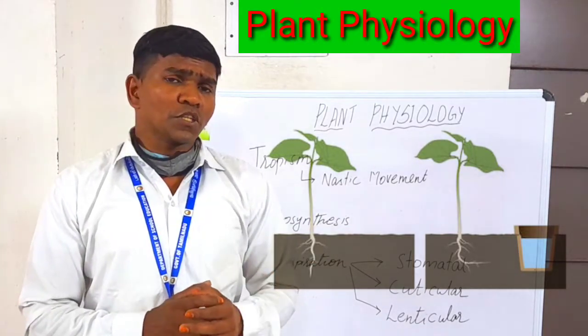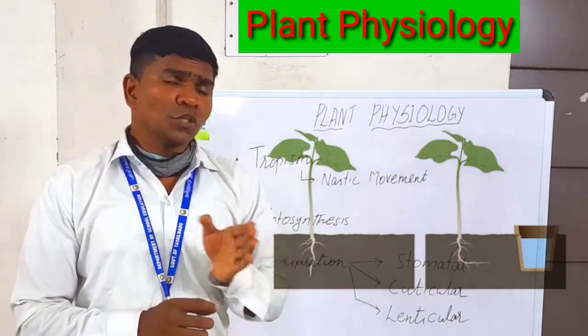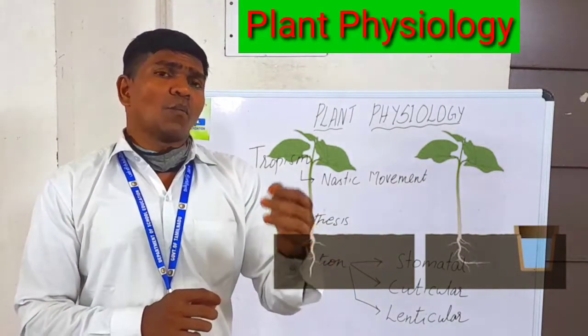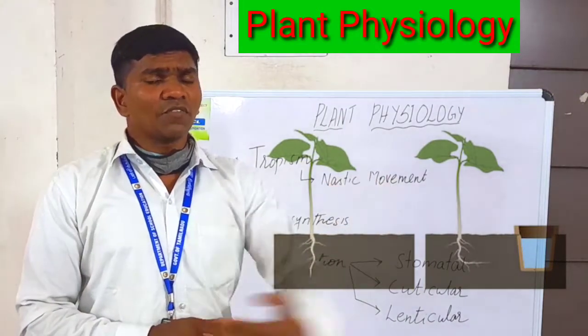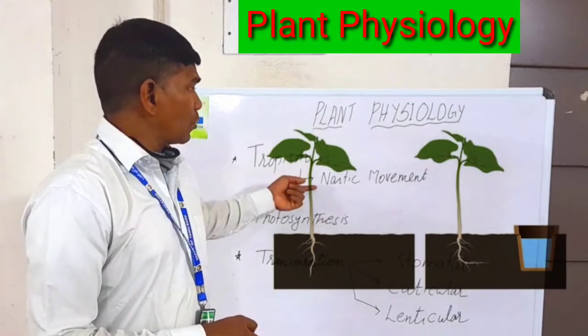This tropism is said to be positive and negative. When the plant parts move towards the stimulus, it is called positive tropism. When it is away from the stimulus, it will be negative tropism. Here we are going to see about